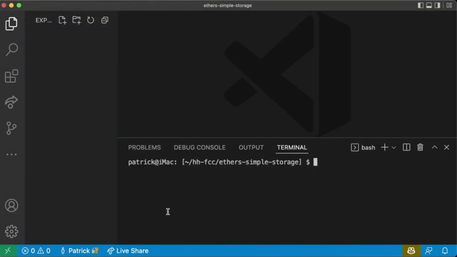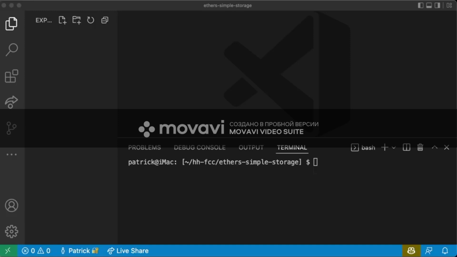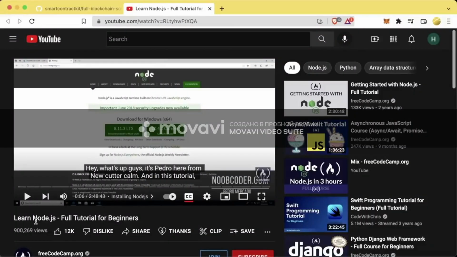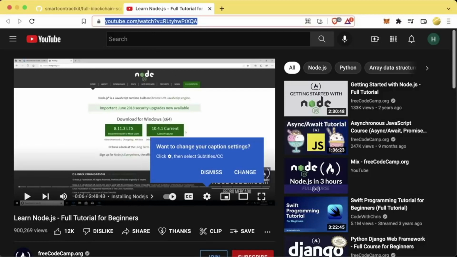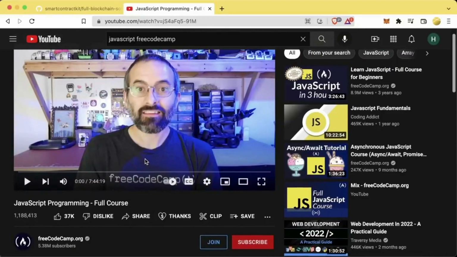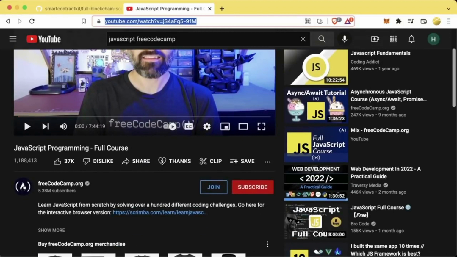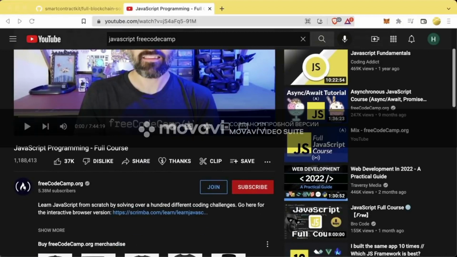Now, it's this part of the course where we're actually going to start jumping into some JavaScript. Since this course isn't a JavaScript course, if you're unfamiliar with JavaScript, it might be a little bit tricky. If you want to come into this with a better understanding of JavaScript and Node.js, there is a freeCodeCamp YouTube video teaching Node.js for beginners, and a link to this will be in the GitHub repo associated with this course. There's also a JavaScript freeCodeCamp video that I'm also going to put in the description for this course. Keep in mind that JavaScript and Node.js are slightly different,